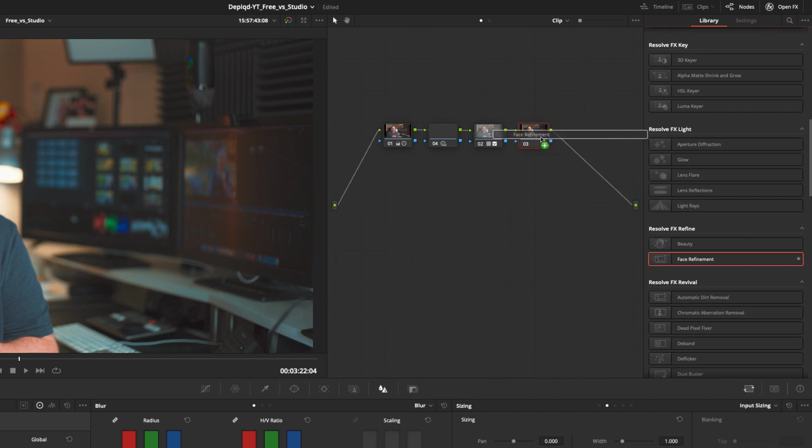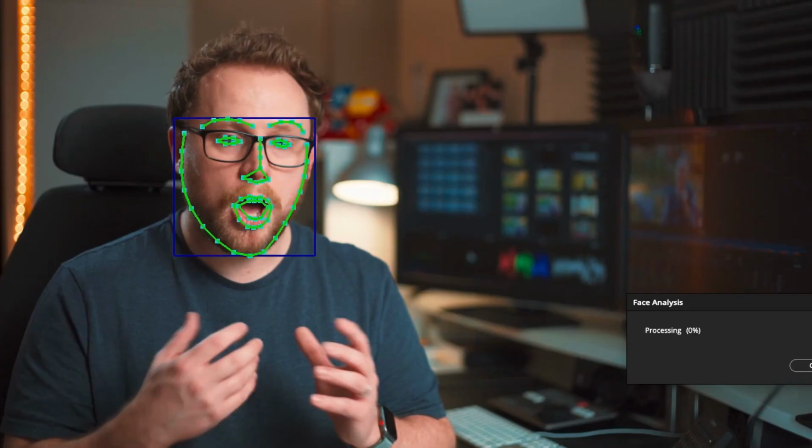It's worth just mentioning some of these excellent effects, and for me, a particular favourite is the face refinement effect. It simply helps you find a face in your shot and gives you fine-tuned controls over skin smoothing, eye brightening, colour correction, lip plumping, etc. There's a host more very cool additional effects that make it really worthwhile, and it's hard for me to name them all here, but certainly it's worth the additional investment just in itself.